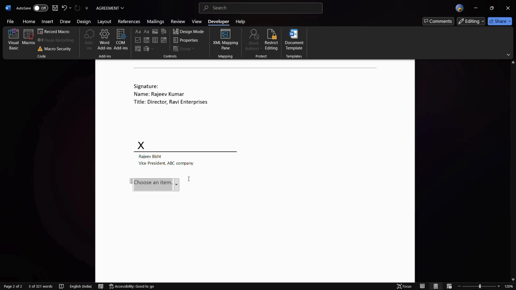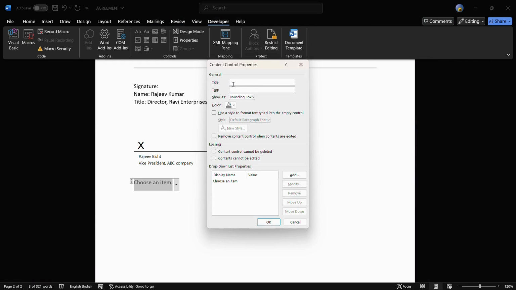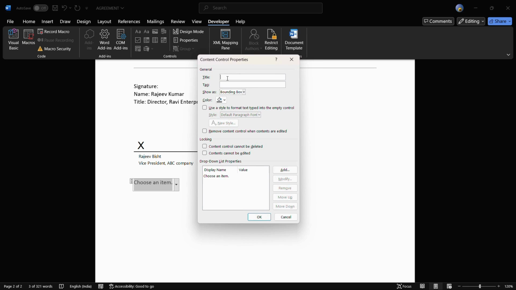Now in order to make changes or customize this, you can simply click on this, and under the Controls you can click on this Properties option. Once you click on the Properties option, you can see that it has opened a Properties dialog box, and from here the first thing that you can do is give it a title. So for example,